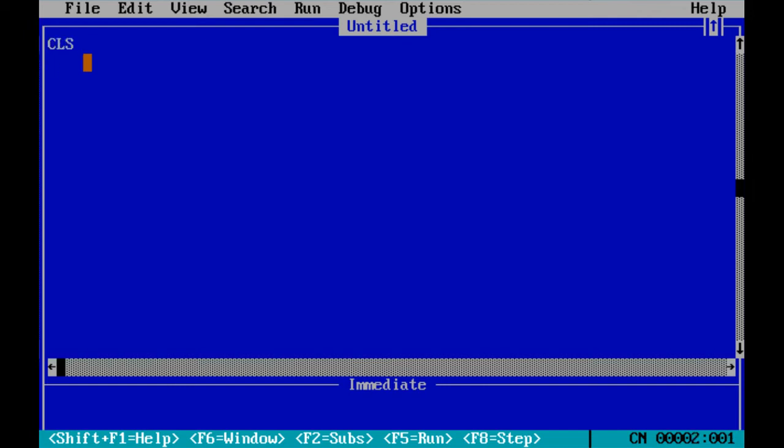CLS. Remarks: input command example. Print enter your name.